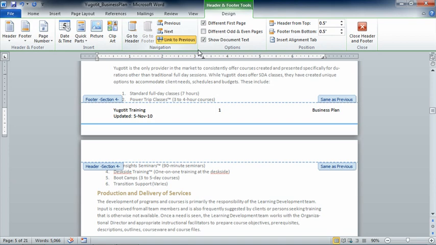At this point, what we've been able to do is to create a simple footer that's going to help identify our document, who created it, when it was last updated, and also allow people to navigate quickly through the document by referring to